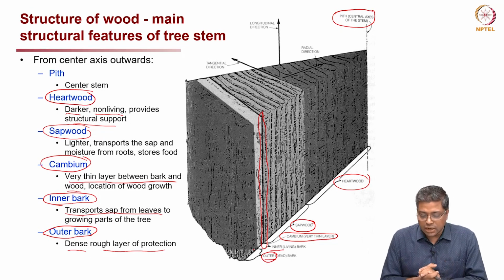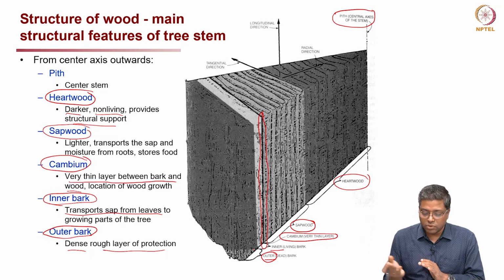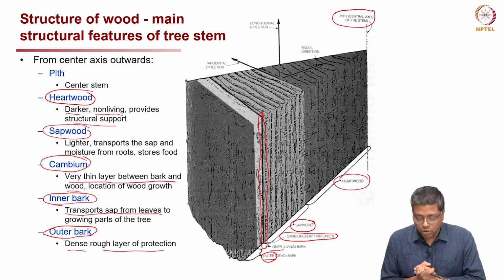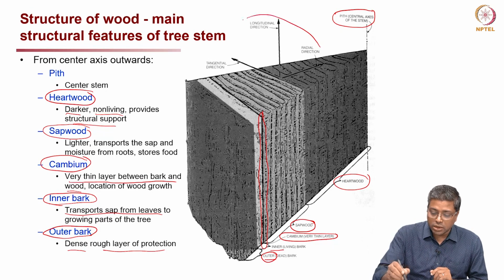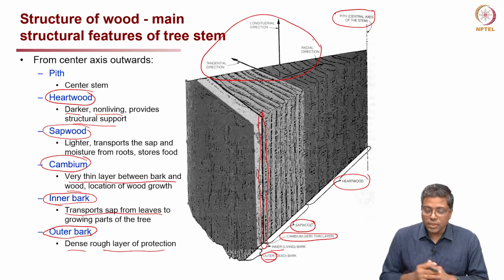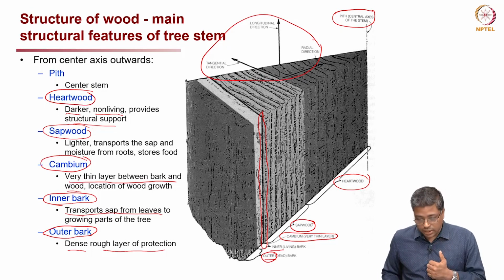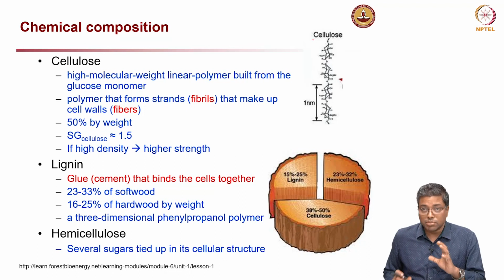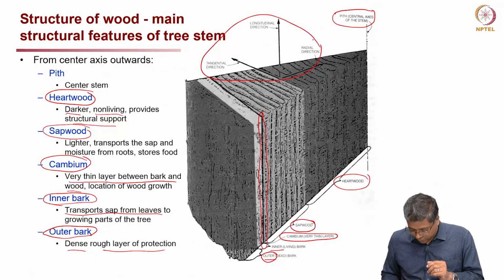So, in general, if you take a timber or if you cut a wood, you can look at the cross section and you can see these different regions on a wood. Now, there is also another important thing which we need to look at, which is the direction: longitudinal direction, tangential direction and radial direction. I will discuss this later, but just remember that the properties change as we look at timber in different directions.